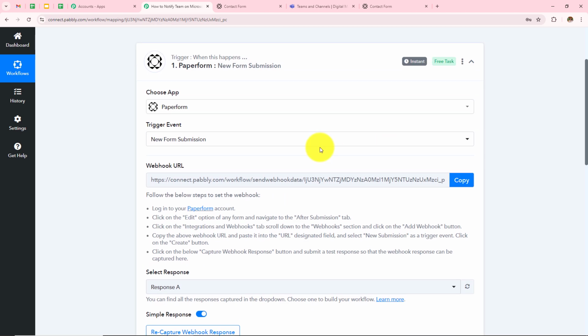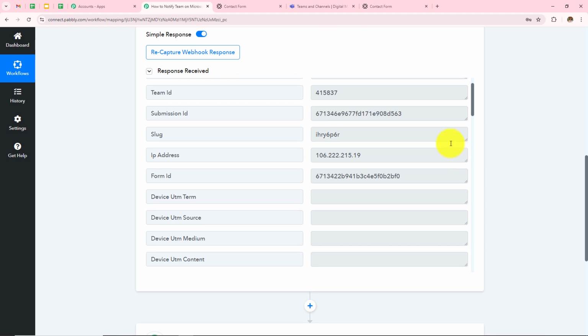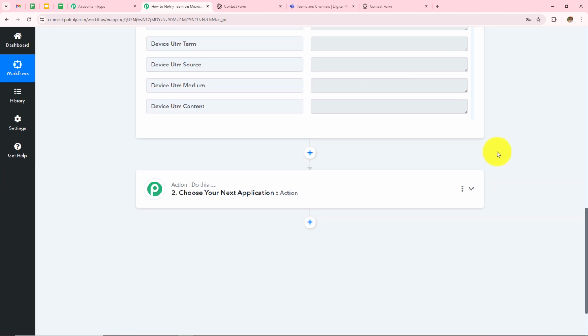This means the connection that we have created with the help of this webhook URL between Pabbly Connect and Paperform is successful. And now whenever someone will submit the form, I'll start receiving data in my Pabbly Connect. So as we have successfully built the connection between these two, now I have to move to my next step,